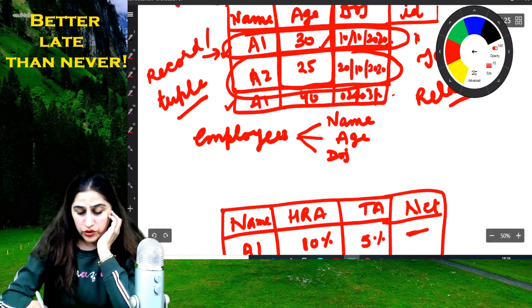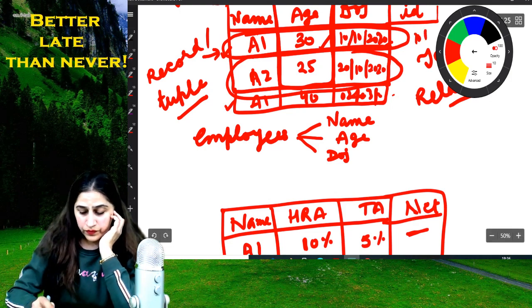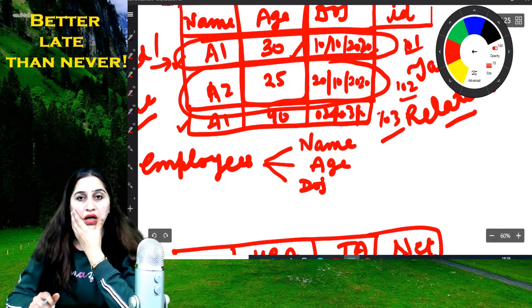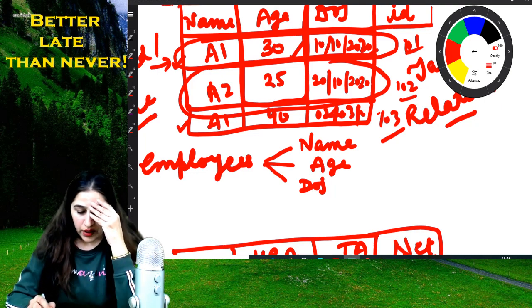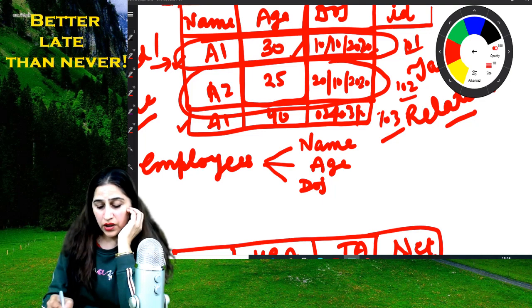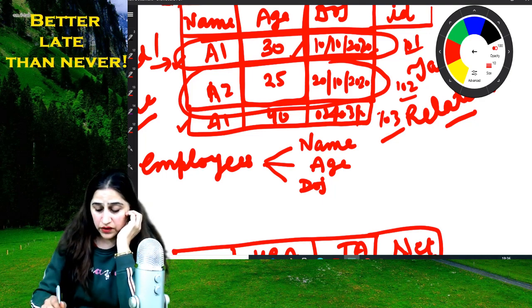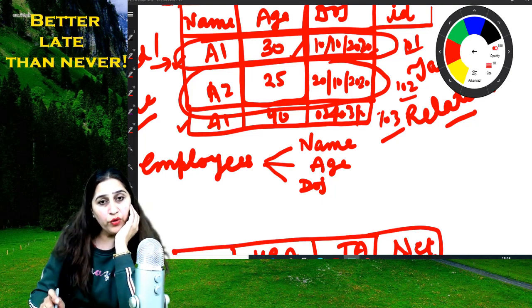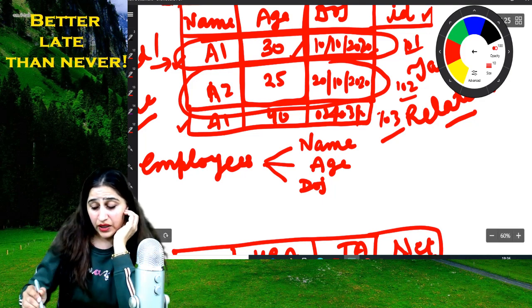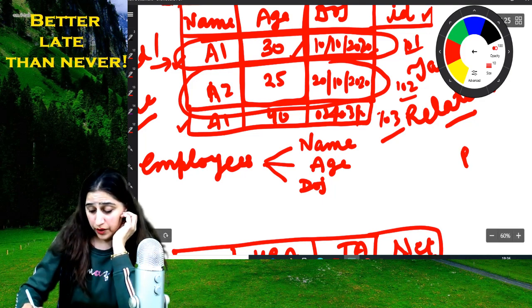A1 employee, suppose it will have 101, 102, 103, these different IDs. If someone asks 101, I will immediately tell A1 30 and this information. If someone asks A1 103 identification के employee की detail चाहिए, I will tell A1 40 and this. This ID is called primary key.